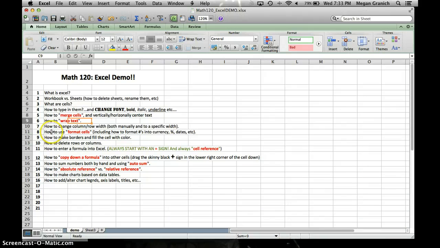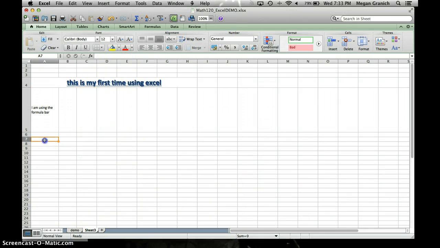All right, well, let's see. What's next? How to change row and how to format cells. Okay, into currency. Another thing you can do is you can format